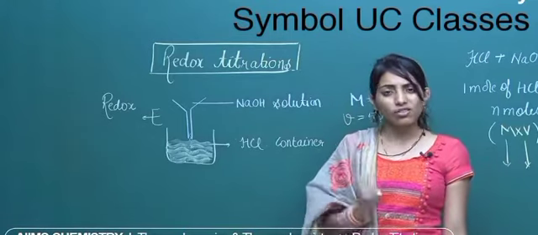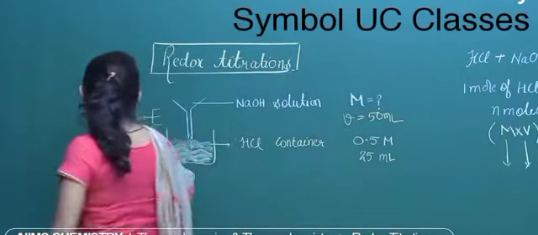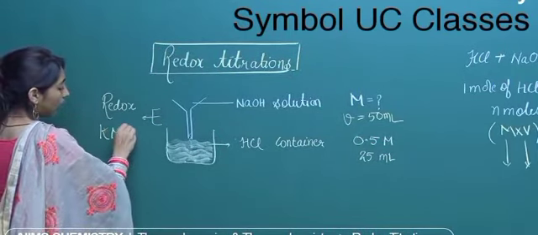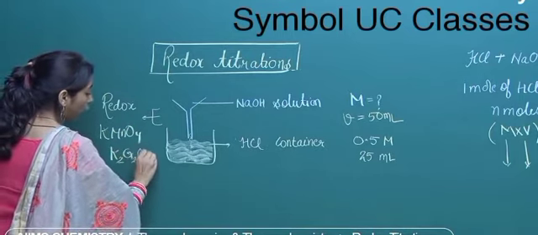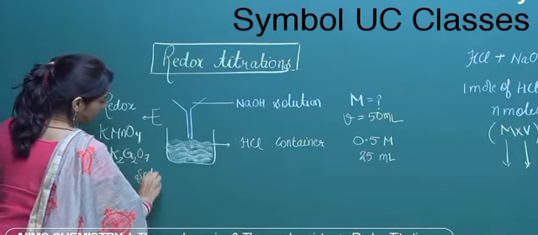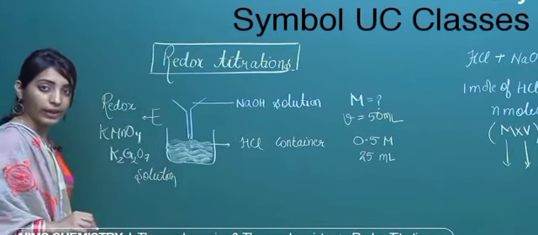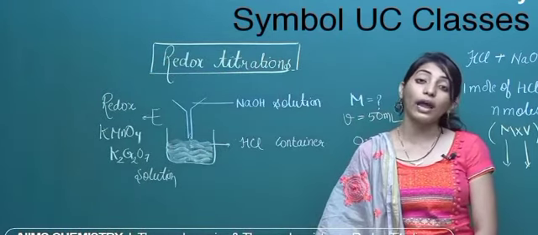Okay, and all the titrations that we will be doing in general, which will be redox reactions or redox titrations, will be involving, for example, KMnO4 or K2Cr2O7 solution. Okay, so in general we will be doing the titrations involving KMnO4 and